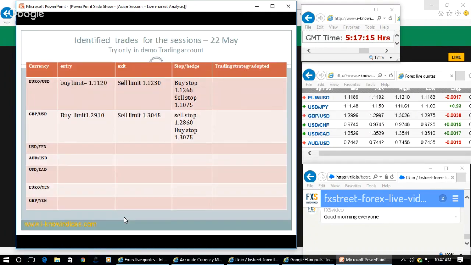Then the recommended trades for you. When they make a brief downward stop of about 50-60 pips in the case of Euro, you try to take a buy. Similarly, when they make a brief upward stop, take a sell, and keep the hedge order to limit the risk. You will be able to see nice profit during the day. Similarly, in the case of GBP, when there is a downward extended stop, you try to take a buy, and when they make a brief upward stop, take a sell. Either way you can do it. Whichever comes first, you can take the position. The other side, you try to keep as a target.